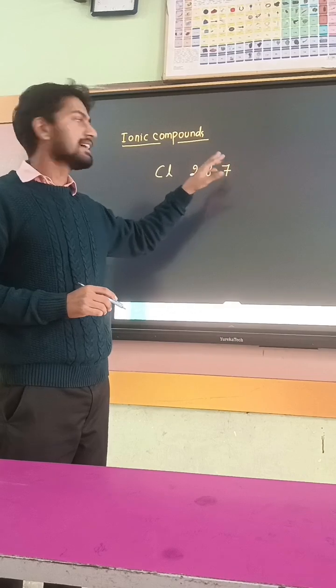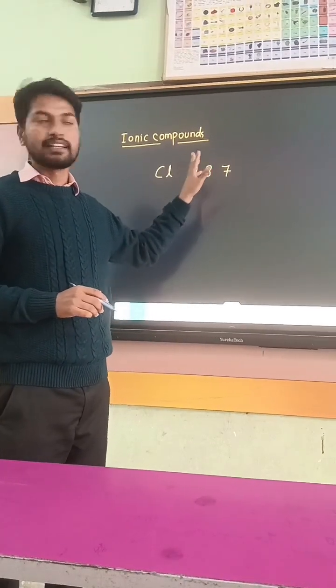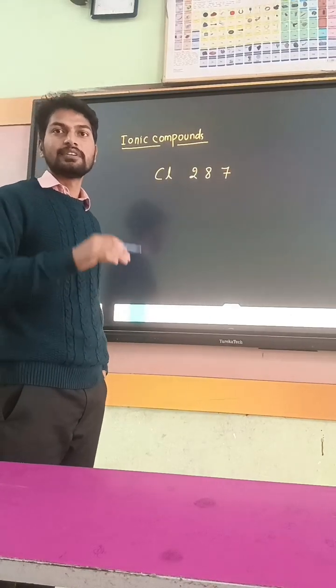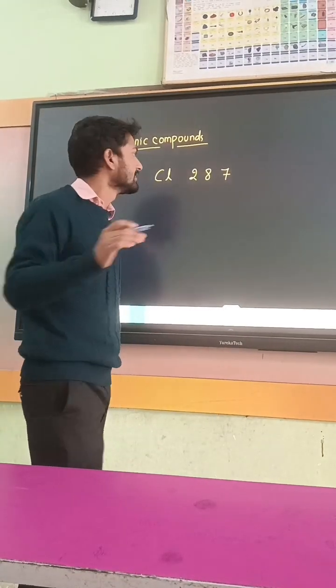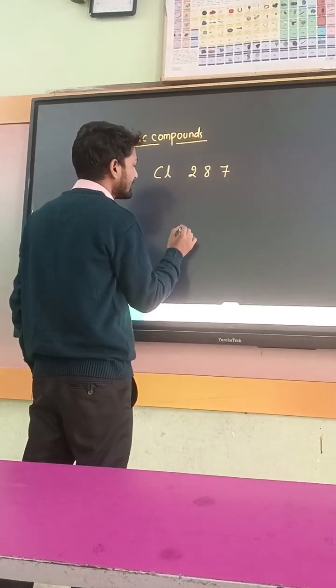argon gas. It has an electronic configuration like argon gas. So it will be easier to gain one electron instead of losing 7 electrons. That is why chlorine gains an electron. And after gaining an electron,